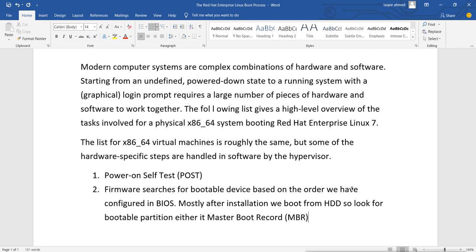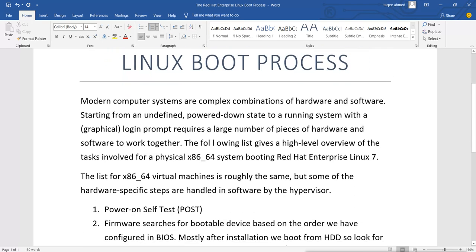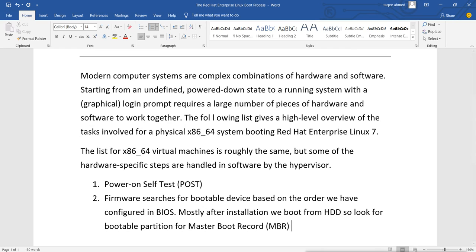The space is actually 512 bytes, where all operating systems store their bootloader file. So it looks for the bootable partition, and in that bootable partition it looks for the MBR, the master boot record.